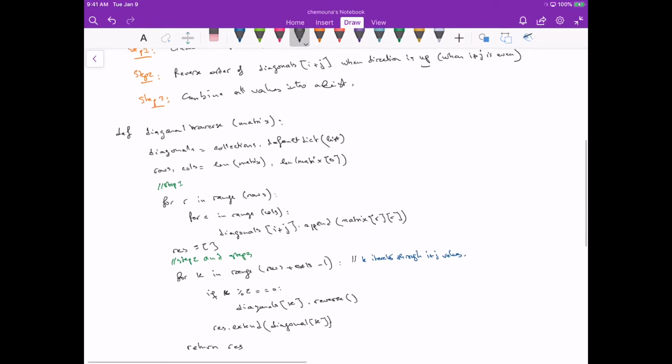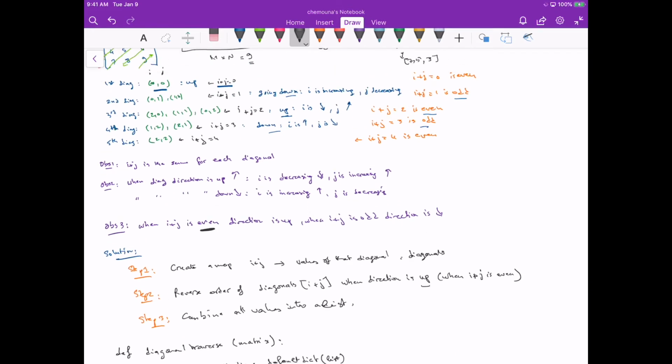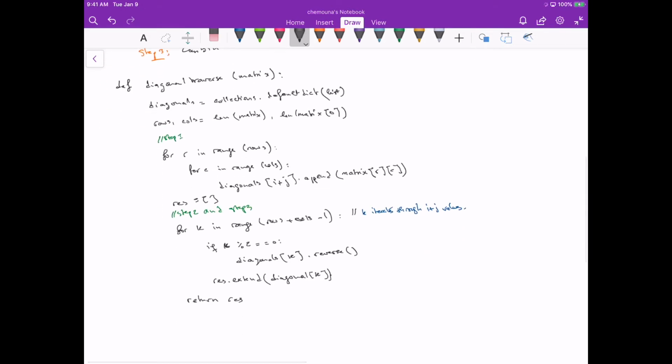And that's pretty much it. So pretty straightforward, just put the diagonals in a map. The keys are i plus j, because each diagonal is defined by the i plus j values, since they are the same for each diagonal. And then use the property that